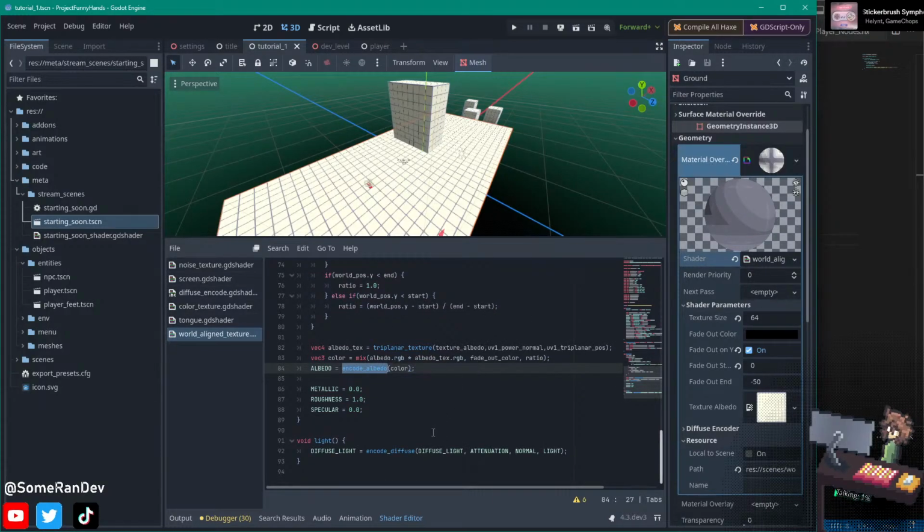And then encoding diffuse with this function here. Okay. And that'll give us the diffuse light. So what I need to do is take this function and add a second parameter to